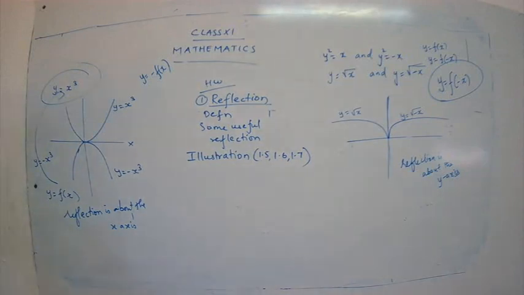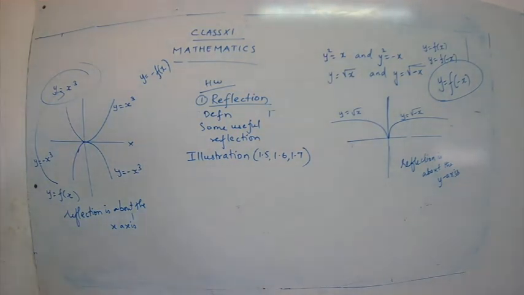The graph of y is equal to f inverse x is a reflection of the graph of f in y is equal to x. You may take the example of the previous functions, that is sum number 20. Yes children, in sum number 20 we had a symmetrical line y is equal to x, and we have seen that f of x and f inverse x were reflections of each other. So you can take sum number 20 of this type.